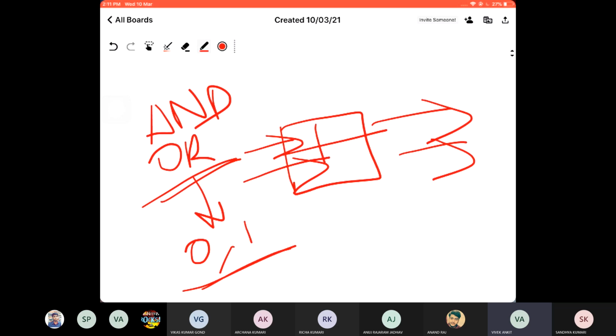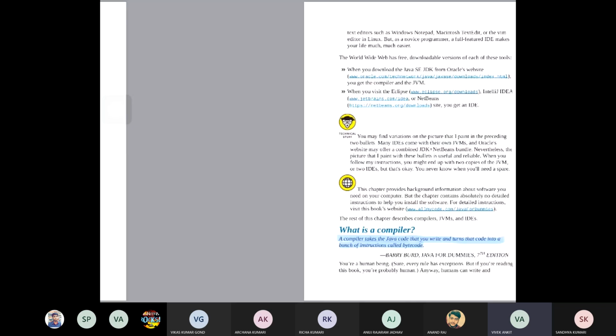That's the feature of Java, okay. So compiler, virtual machine and IDE, we will discuss one by one everything. So this was the work of the compiler, to convert a Java file into a byte file, okay.